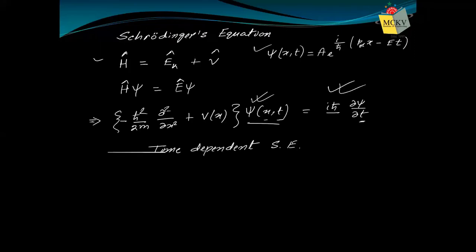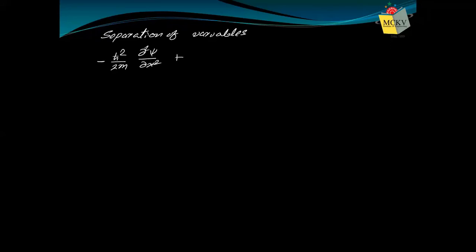Question comes. Okay, we'll talk about the question later. So how will you do that? So again, let us write the equation first. Our equation was minus h cut square by 2m del 2 psi del x2. Hopefully you understand this quantity operates on psi. So what will be minus h cut square by 2m del 2 psi del x2 plus V operate on psi. Just multiplication. So V psi. So plus V psi. Psi, we remember, is a function of x and t, equals i h cut del psi del t. This is our time dependent Schrodinger equation.